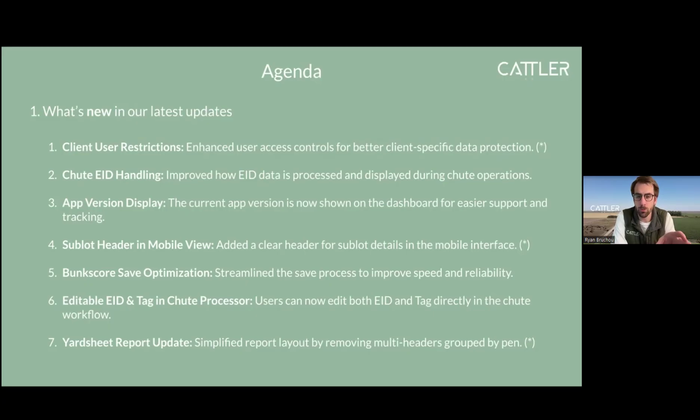Another of the big elements was actually the bunk score optimization. We talked to a lot of our members, and we learned that it was a little bit too slow, but not slow in regards to it not updating quickly enough. It was just that we had a snack bar at the bottom. That snack bar is what appears whenever you make a change and it says success at the bottom. That was actually taking too long, and we could shorten that. And as of right now,